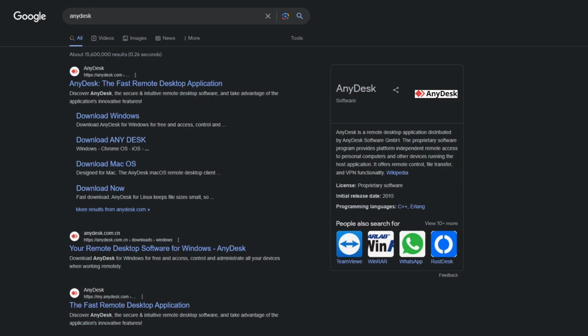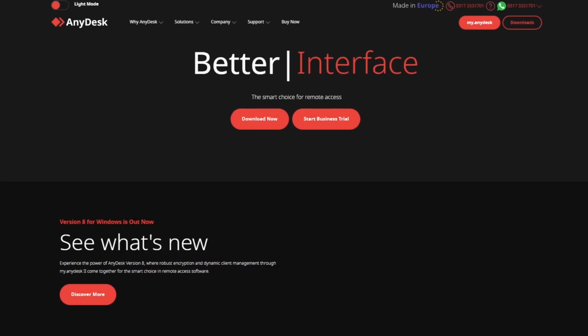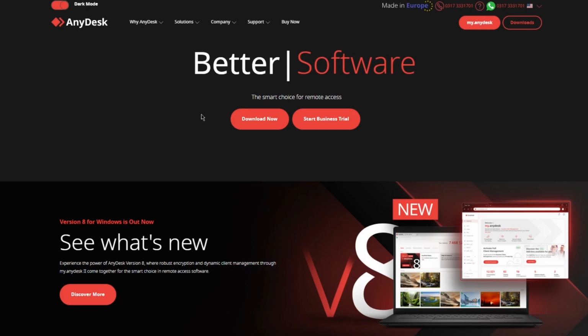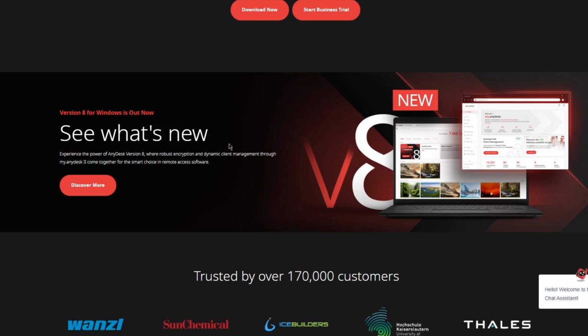To start things off, we're going to go to the AnyDesk website, which is anydesk.com. Once you go into anydesk.com, you'll see the tagline: better software, the smart choice for remote access. You can either download the actual software for AnyDesk, or you can start a business trial for yourself. Both approaches are pretty easy and simple to work with,